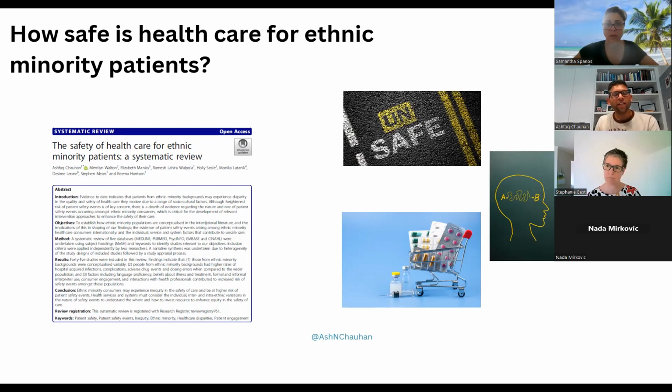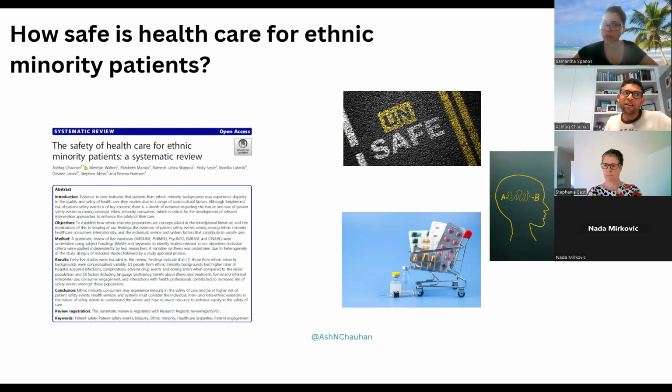So within those medical records, one of the interesting findings was the type of safety events. Medication-related safety events were the most commonly documented, the most prevalent medical safety events in the medical notes. I guess there were other safety events as well, but there was some distinction between the inpatient and the outpatient.